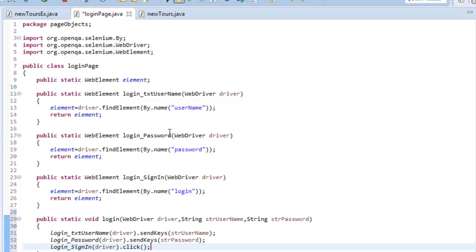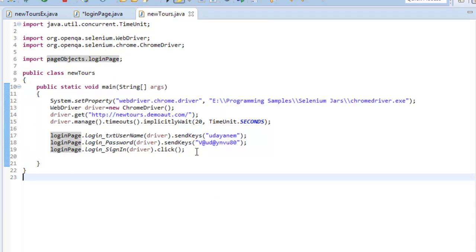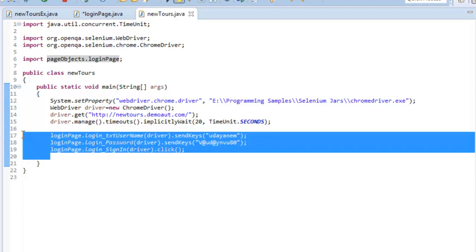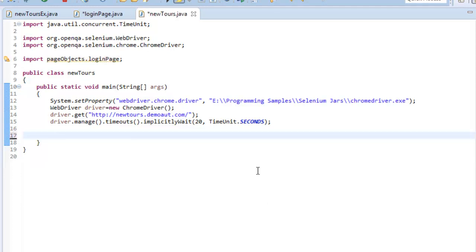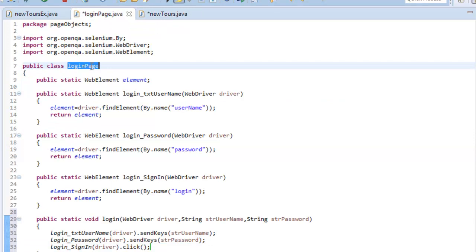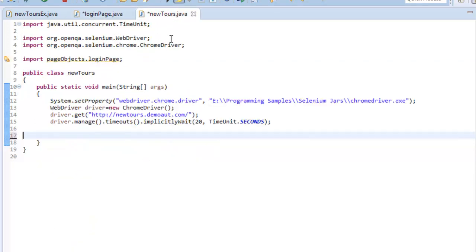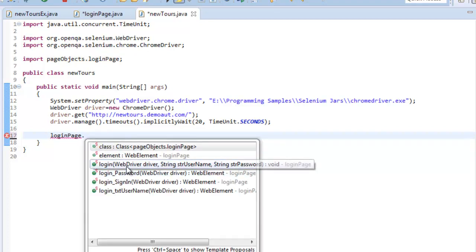Now you can directly invoke this method here. You need not enter all these things, so let me show you. You can directly invoke this method, dot login.